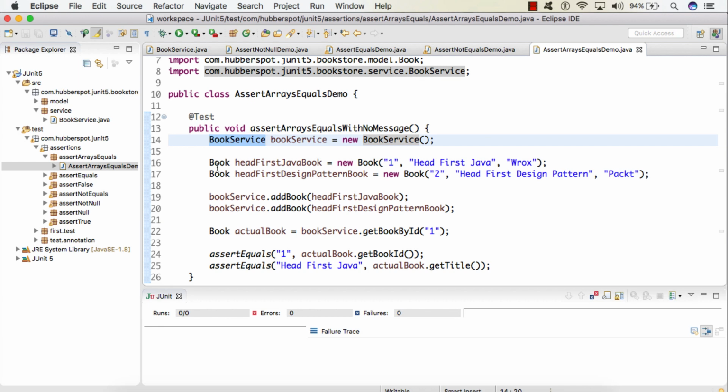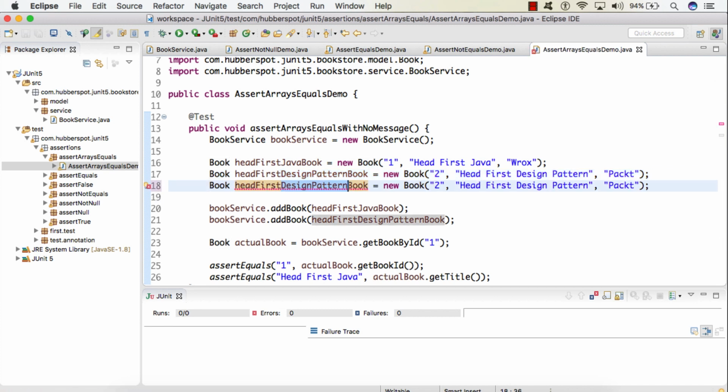And then we have created two books whose ID is 1 and 2. So let's say we create one more book. We'll give a name to it as Head First JavaScript book.